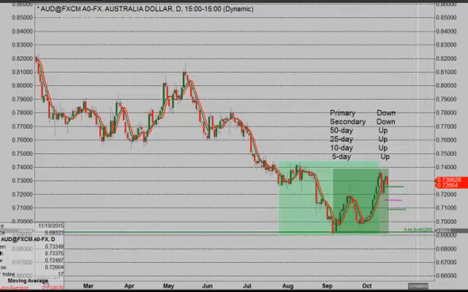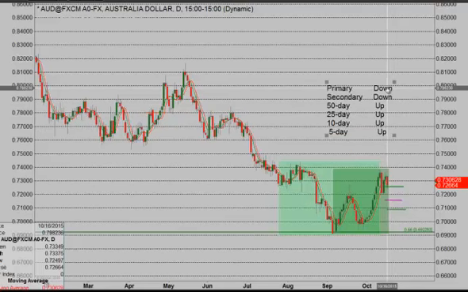However, you still have these higher time frames, the primary and the secondary, down. From a short-term trader's perspective, swing trader even, we really don't focus on the primary or the secondary so much. They're just not tradable patterns. From an investor, though, certainly they are. So the time that we focus on those higher time frames is when you're at higher time frame resistance, and I think it's an apropos time to bring them up now, given that you're challenging that secondary pattern.